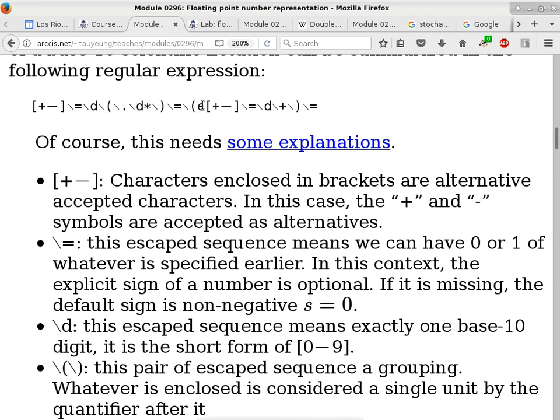Whatever is following this is once again a plus minus, but it is also optional. So the sign of the exponent is optional. Is that okay? And then we are followed by backslash d again, but this time we have a backslash plus. So backslash d is basically once again 0 to 9, but the backslash plus means at least one of whatever is before that. So that means the exponent has to be in the form of e followed by an optional sign, plus or minus, and then followed by at least one digit.